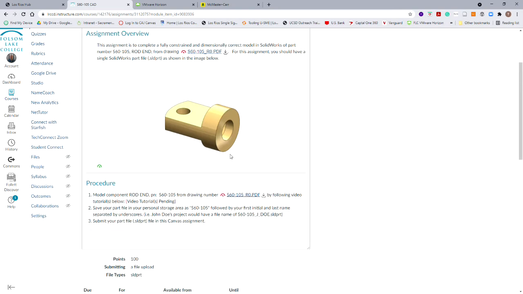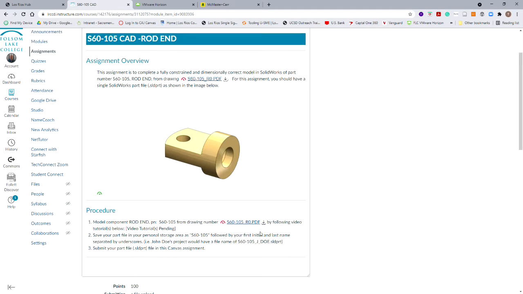Okay, so this one's going to be your first one. You're going to do some revolve features. You're going to use the hole wizard and you're going to make some extruded features. Alright, so let's go to our drawing and take a look at it and see what strategy we're going to